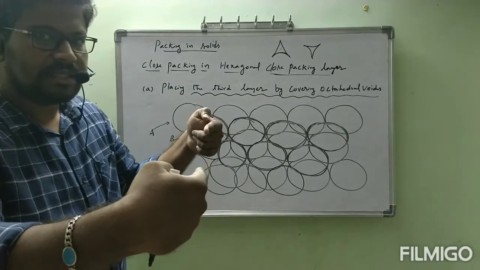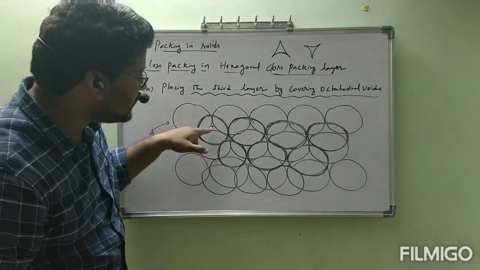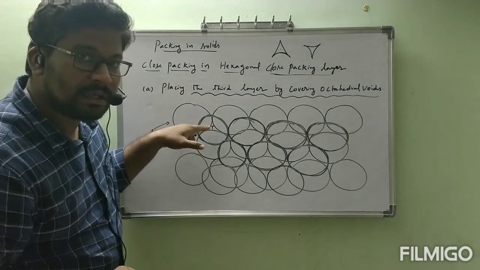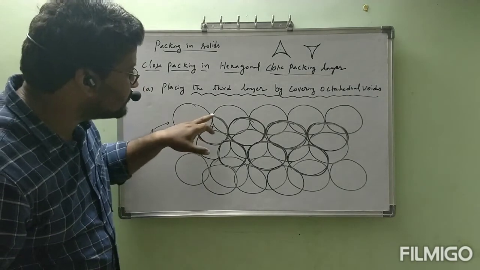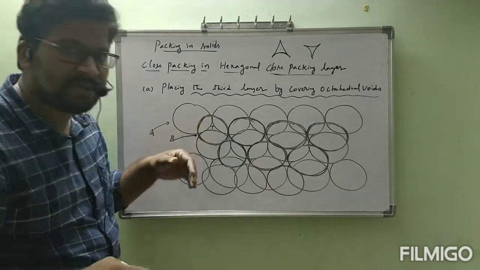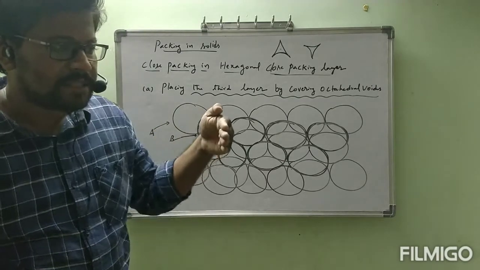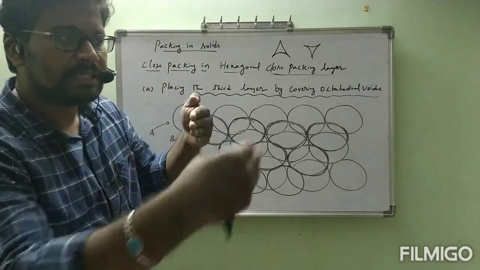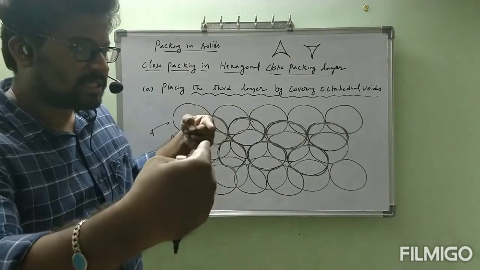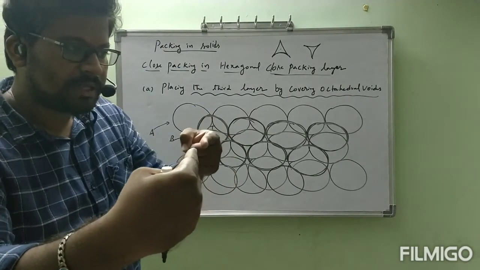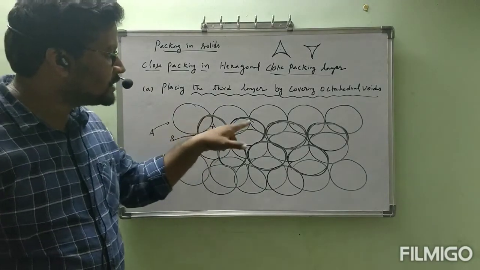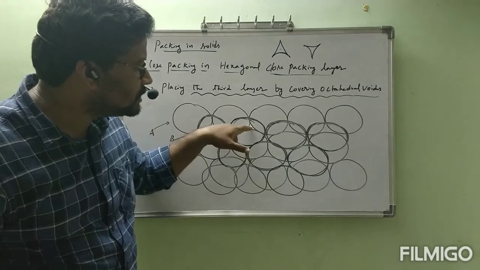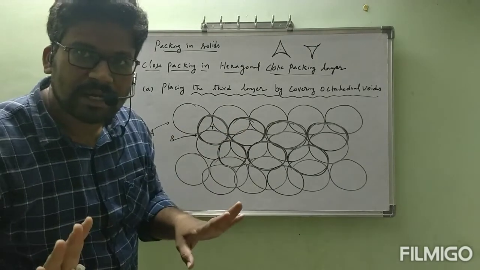If he is viewing like this, definitely the T is there, na? The T is visible or not? This particle is visible. From that gap, if he sees, see ma, the gap is there. Okay, this particle is above only, na? If he sees from back side into that gap, he can see the particle. This particle he can see. This particle also he can see through this space. Are you clear or not?